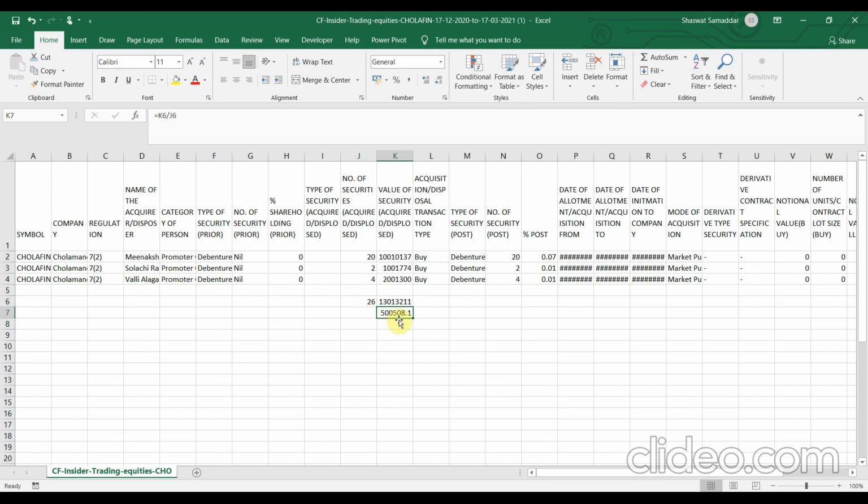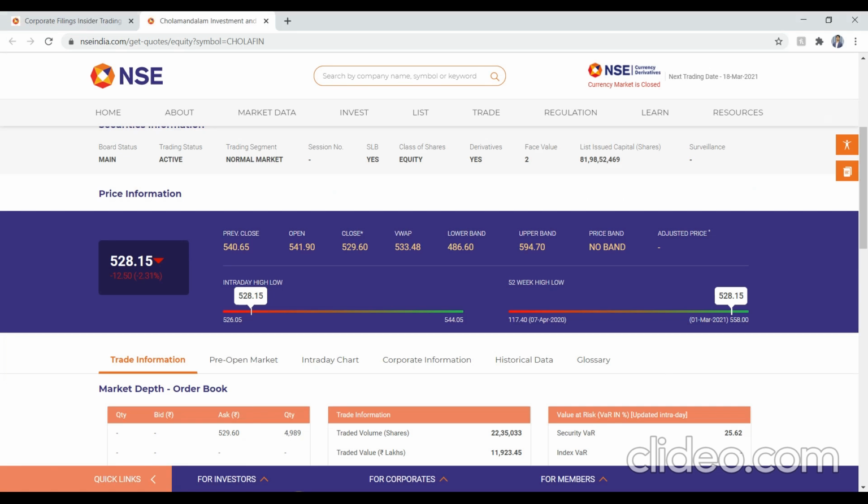So it is 5,508,000. Okay, let's see, could it have been 500.508 rupees? We have to increase the number of securities by 26,000. Yeah, that seems about right. 500.508.